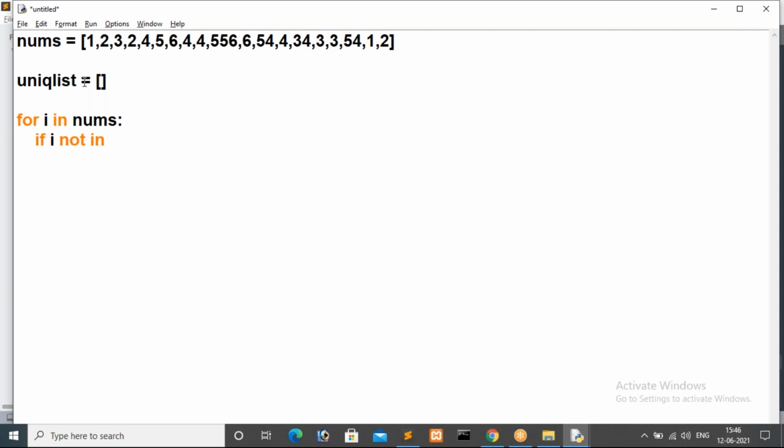We are already getting I value from nums, so we won't check inside nums. We are getting the value from nums, then checking that I value in the unique list. If it does not exist in that list, we have to store that I value inside the unique list.